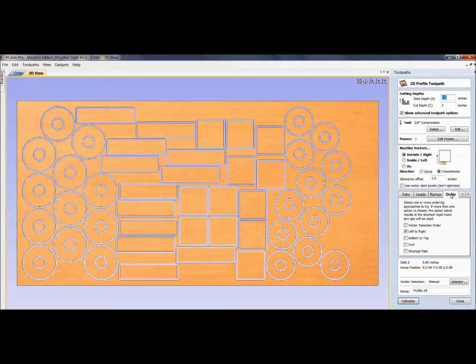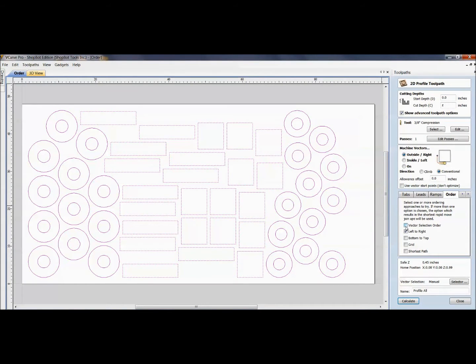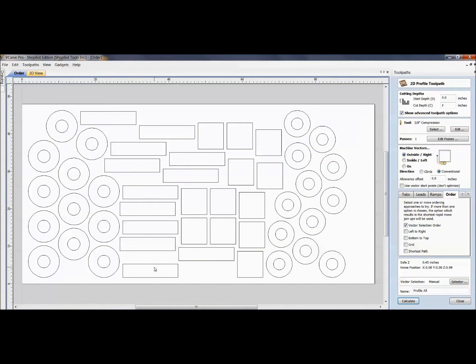Another one is when you come in here, you could do bottom to top. You could have it try to calculate the shortest path for you. And then another one is vector selection order. So if you really wanted to get into dialing in your parts and the way they're cut, you could do a vector selection where if you had that selected, it's going to go in the order that you select these. So by holding the shift key down, you select these, and it's going to remember the order that you